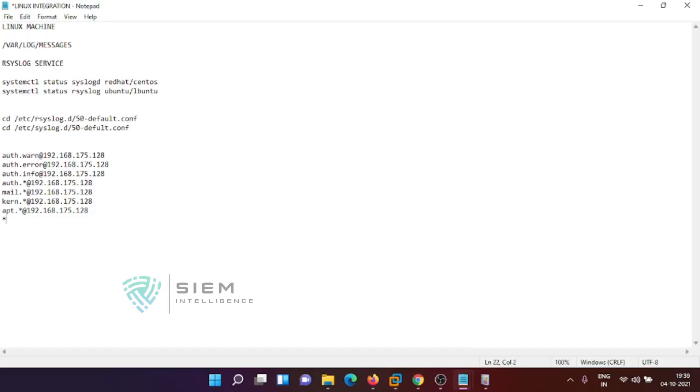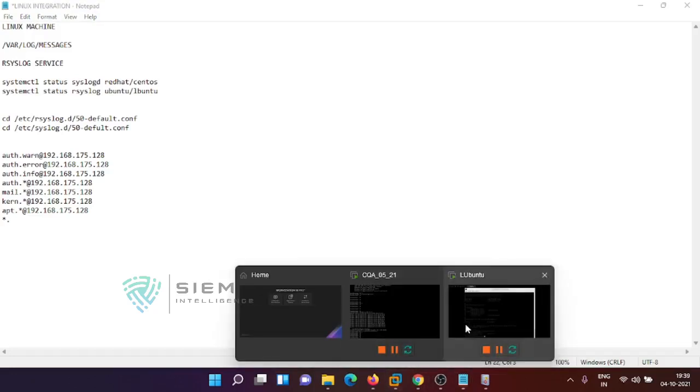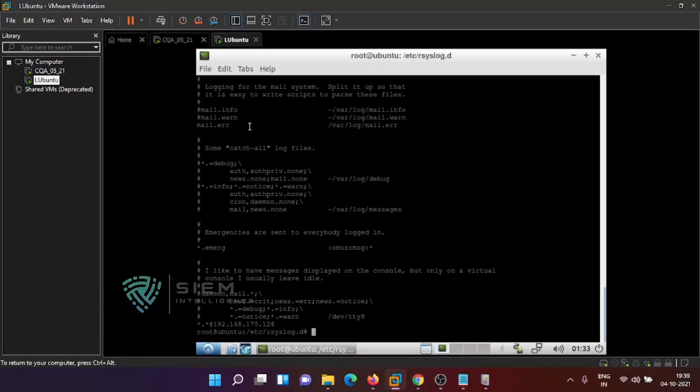Star means everything, that may be authentication, kernel, mail, boot, or XYZ. Any logs which have been configured in var log, where everything is configured in a syslog method.